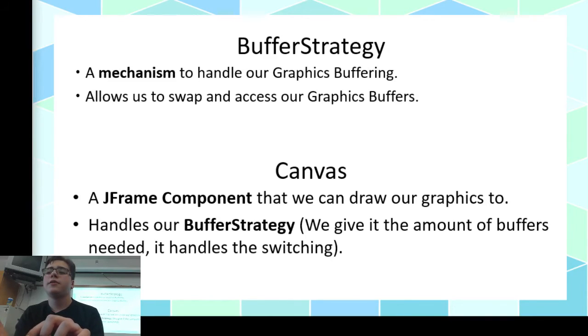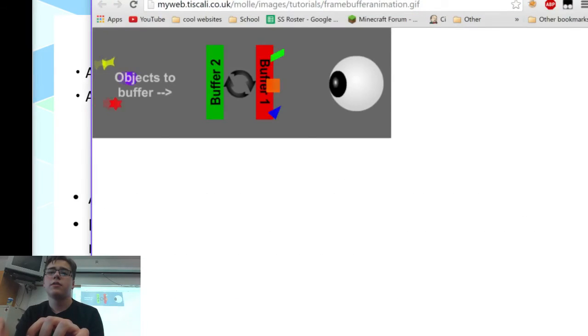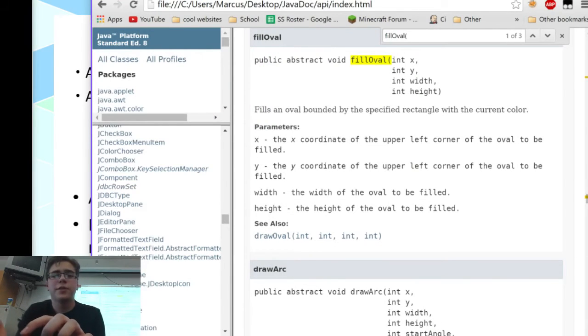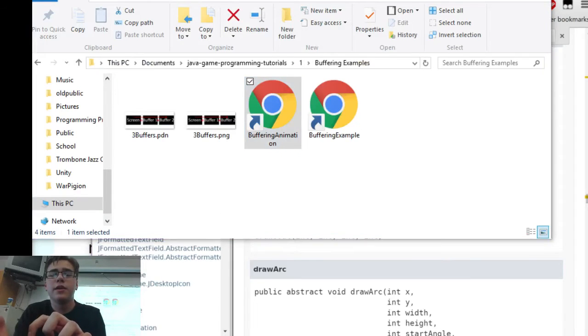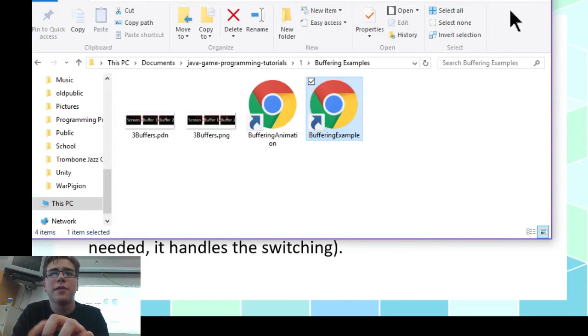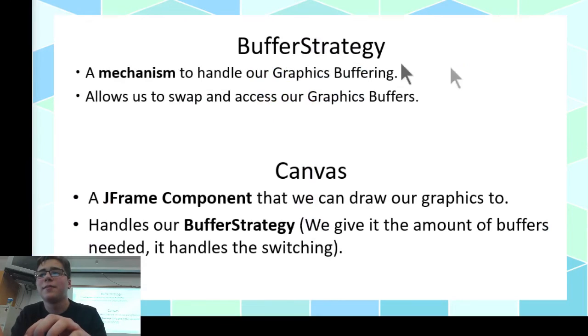So, I'm going to go ahead and get back to Java docs. That's the animation. Oh yeah, actually I have something else to show you. If we don't use buffering, I'm having problems. Hold on. Let me move this over to my other monitor so I can actually do things with it. All right. Let me go ahead and show you this.